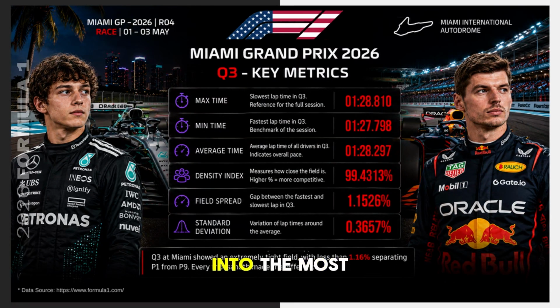Now we move into the most intense part of qualifying, Q3. With only 10 drivers left on track, the battle for the top 10 positions on the starting grid is finally decided. With more space on track and cleaner air conditions, lap times tend to improve significantly. A fastest lap of 1 minute 27 seconds and 798 milliseconds, combined with a density index of 99.4313%, points to a highly compact group, with a field spread of only